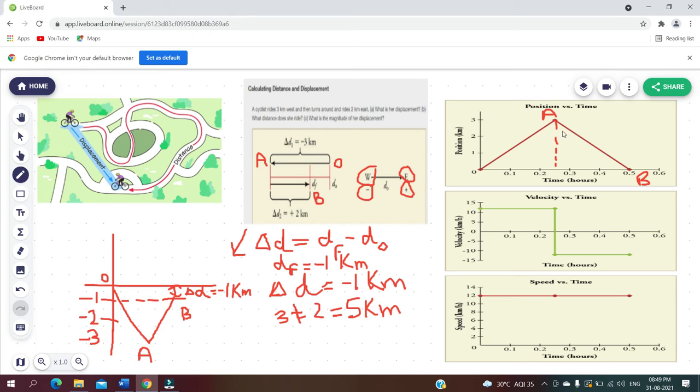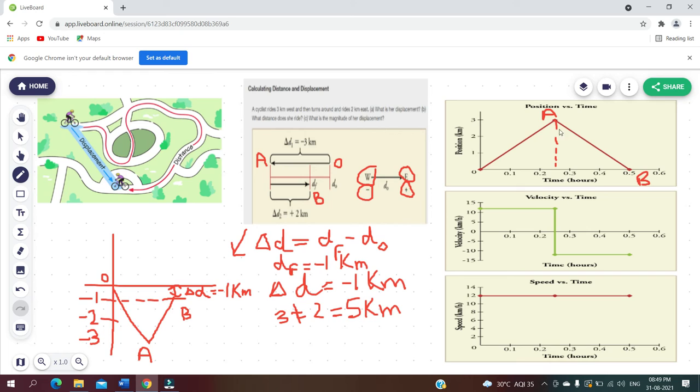Now, if from O to A displacement is taken as positive, if we assume that the displacement of the object when it is moving in the forward direction is positive, then when it changes its direction, it reverses, it starts moving in the backward direction, and displacement will be negative. From A to B, if you find the displacement, B is at the same level as O, so 0 minus 3, or the displacement is minus 3 kilometers.